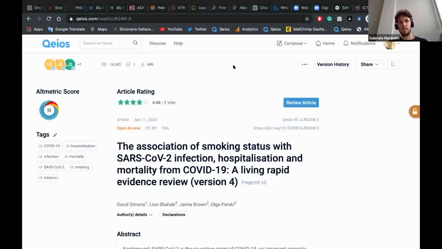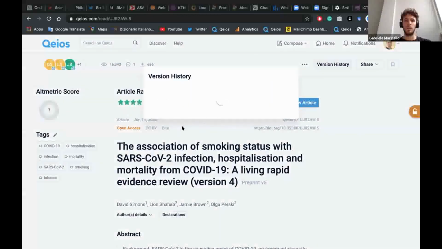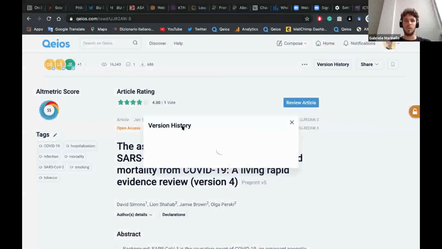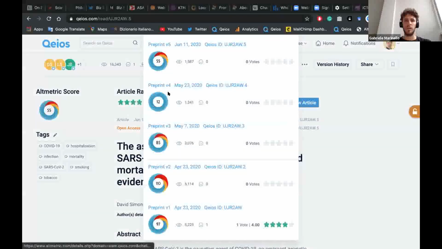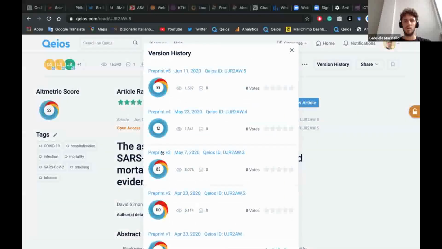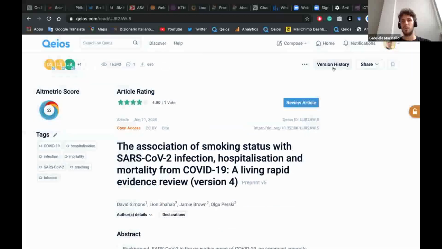Here you can see the entire version history of the article. As you can see, it got some quite wide visibility in terms of altmetrics, in terms of views and downloads. 600 downloads for this article, and yes, you can download the PDF like this, very simple.